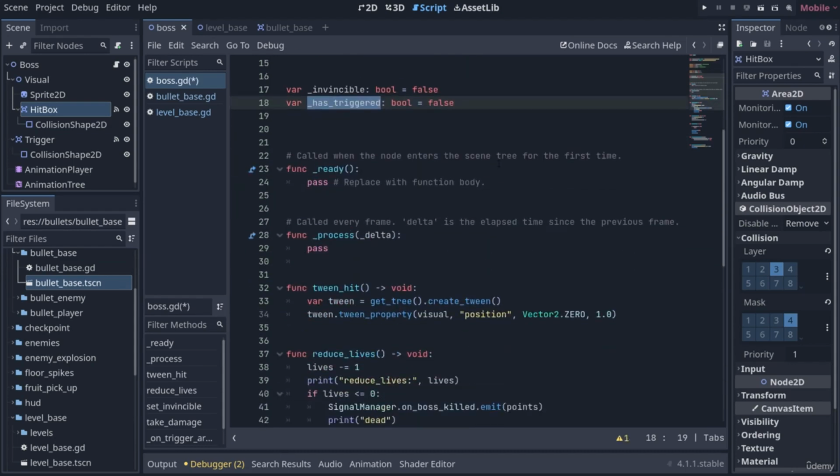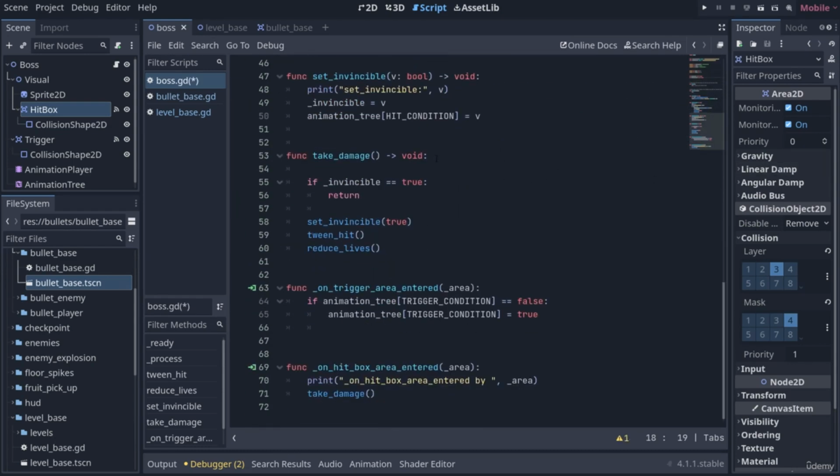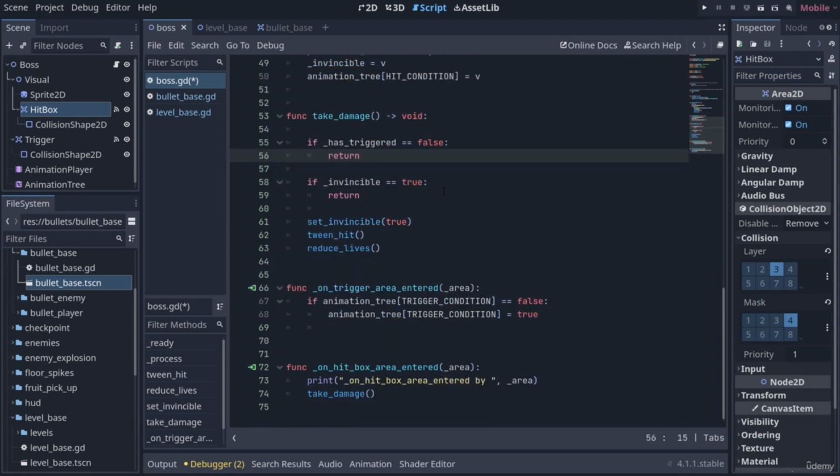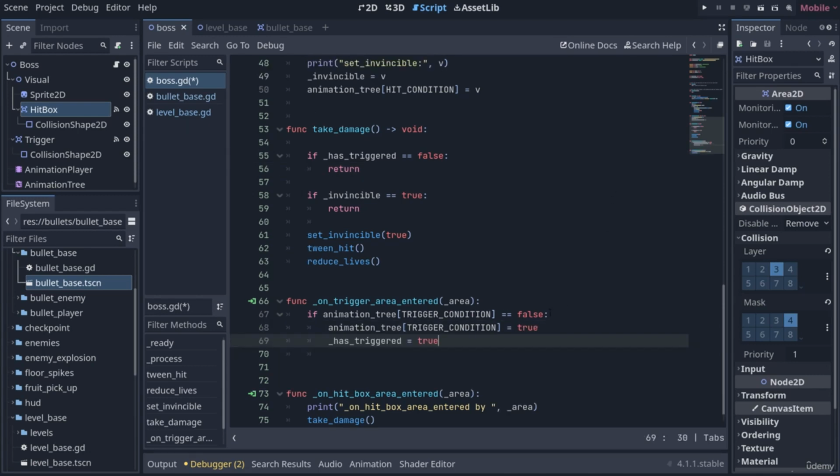Then what we can do inside the take_damage, much like we have with the if _invincible here, is simply say that if has_triggered is equal to false, then we aren't going to be taking any damage. Then scrolling further down the bottom here, we want to make sure that when we've actually entered the trigger area, that's when we can say has_triggered is equal to true, and therefore we can start actually taking damage. So if I do Control S to save